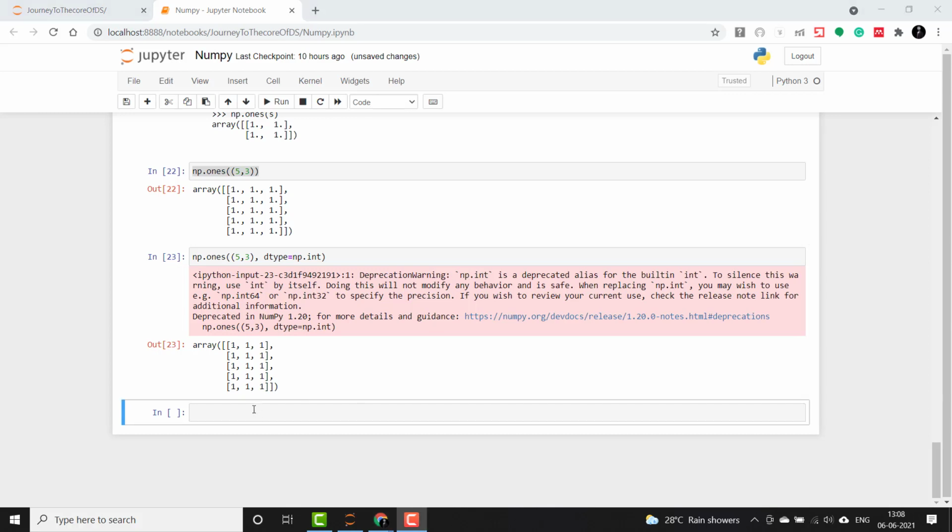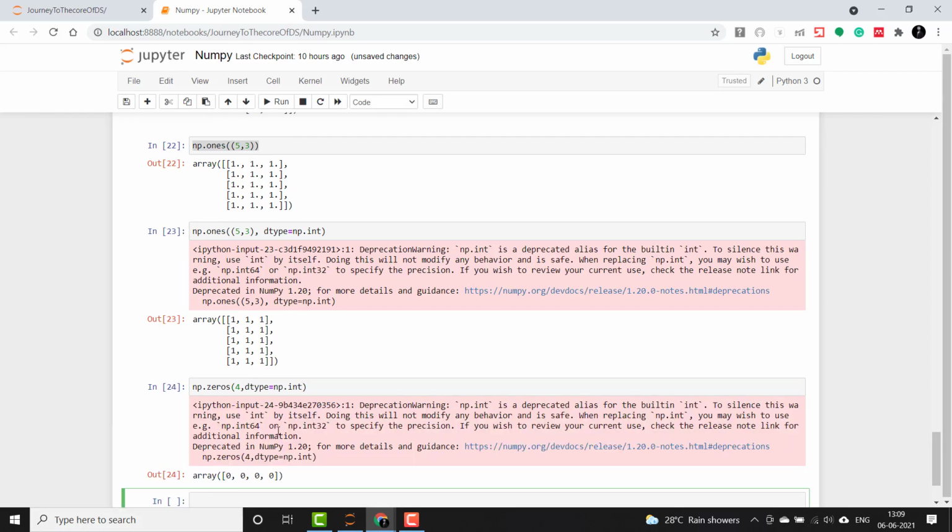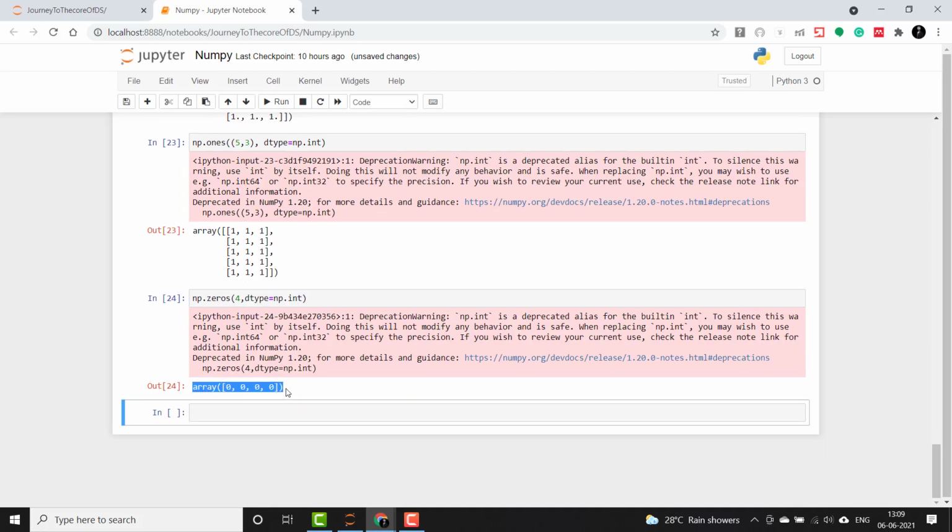So likewise we can create it for np.zeros also. Okay, so let's say that I want to create only a one dimensional array of size 4 and with dtype np.int. So this is how it is done, and it is giving us a one dimensional array with 4 columns.